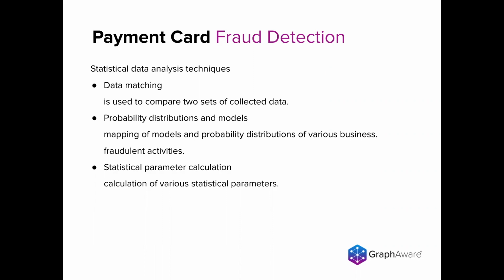We list a few here. One of them is data matching, which is used to compare two sets of collected data and understand divergences and trends. There are probability and distribution models that can help to understand where and which fraudulent activities are likely to happen. And then statistical parameter calculation that summarizes or describes an aspect of a data set and can point out outliers. So with all that, you have the different data points and you can see and analyze them as the data that they are. Now, when it comes to